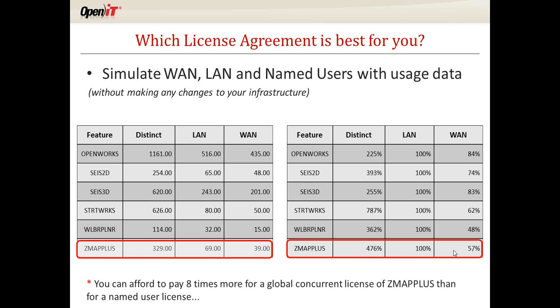So global or WAN licenses are more expensive than LAN licenses, but if you can't simulate this, if you're just looking at stacked usage, you're not really making the most informed decision on what type of licensing agreement you want to look at. So this one's so different. You could afford to pay 8 times more for a global concurrent license than you did for an individual named user license.